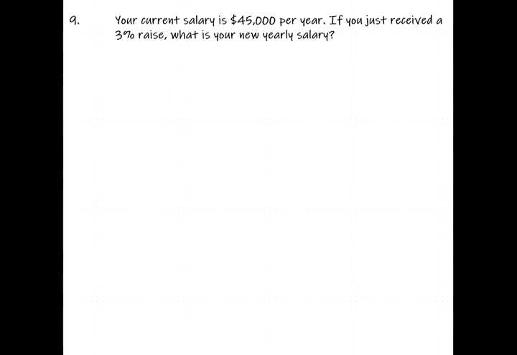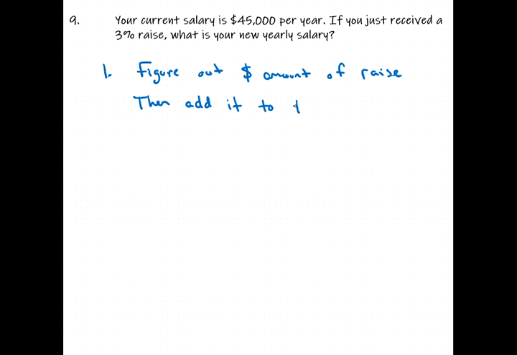So option 1, we could figure out the dollar amount of the raise and then add it to the 45,000. Or option 2, which I think is a little bit more direct because it's only one step, is, well,